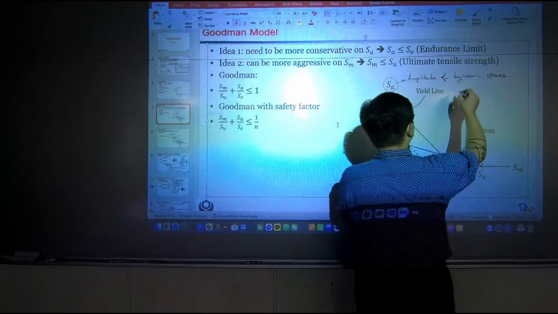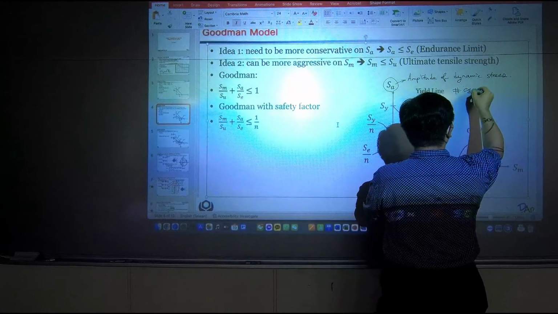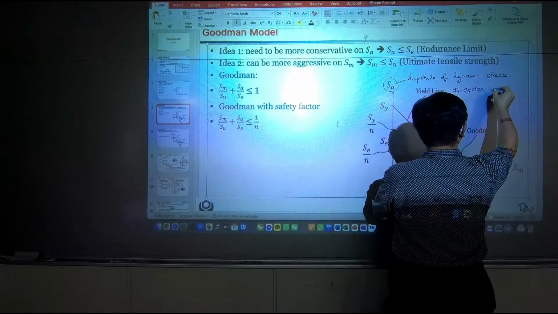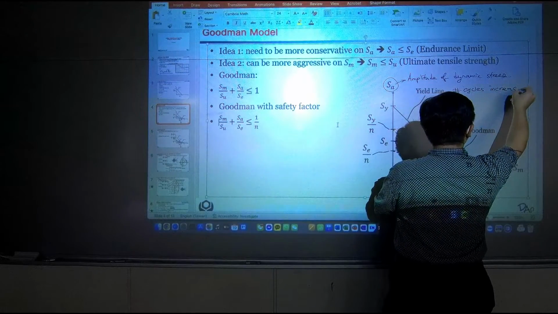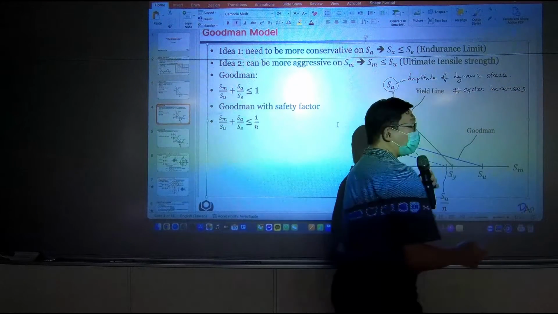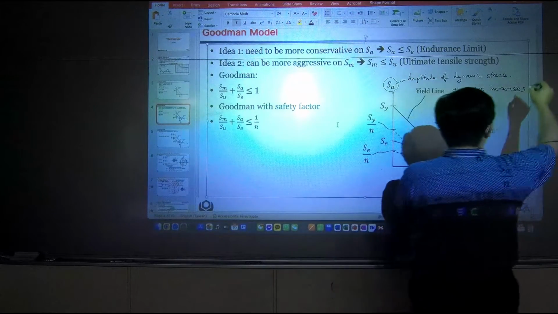So if the number of cycles increases, that will directly reflect to